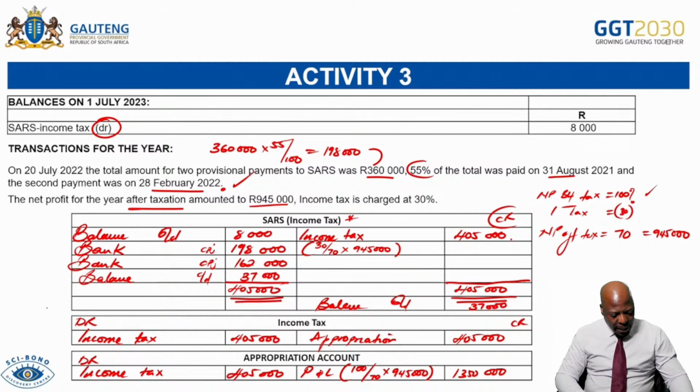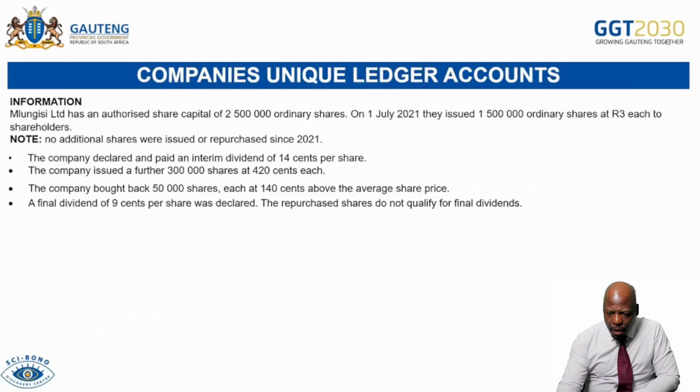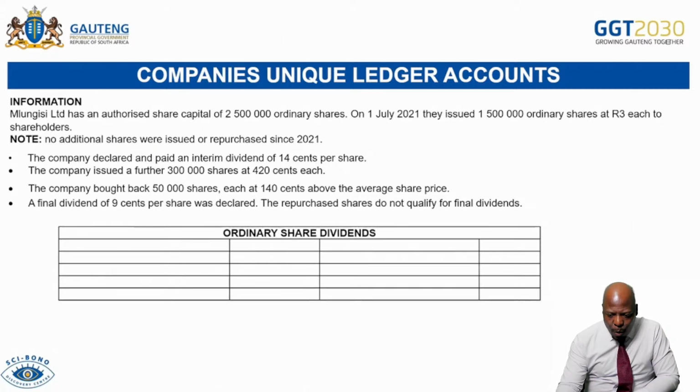All right, so once we're done there, let's see if we can do one last activity before we go on to the next aspect. We can do maybe one or more. Let's see if time can permit. Okay, let's go on to the next one then. All right, here's another one. And here they want us to do